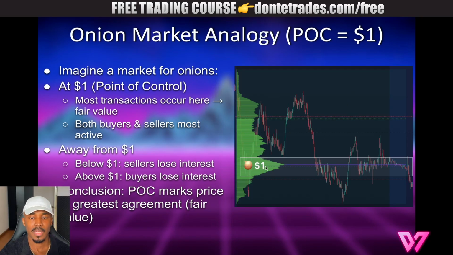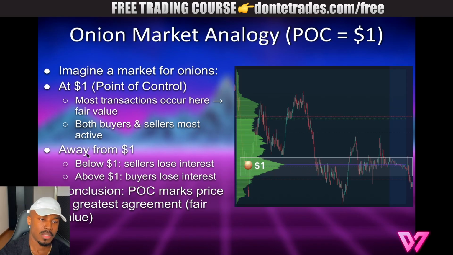So this is where most of the transactions are happening. And let's just say up here is the price of a $10 onion. If the price goes from $1 to $10, you're going to find much less people willing to buy an onion for $10, or let's just say $3 because it's a little bit more reasonable. You're going to find less people willing to buy one onion for $3, maybe a few people, but then the price falls back to the normal range where you see a lot more